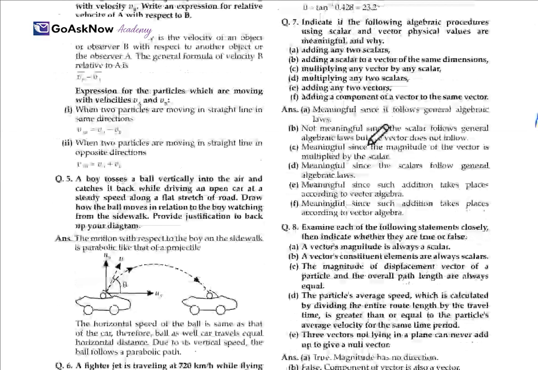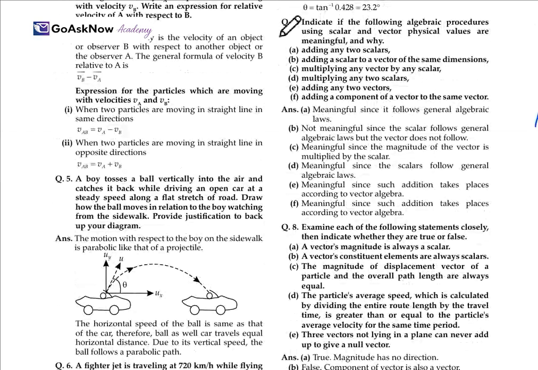A man can swim with a speed of 4.0 km per hour, with his stroke normal to the river current. How far down the river does he go when he reaches the other side? See, the speed of the man in still water is 4 km per hour. The speed of the river is also given. The width of the river is 1 km. Due to the river current, the man reaches point C instead of point B.